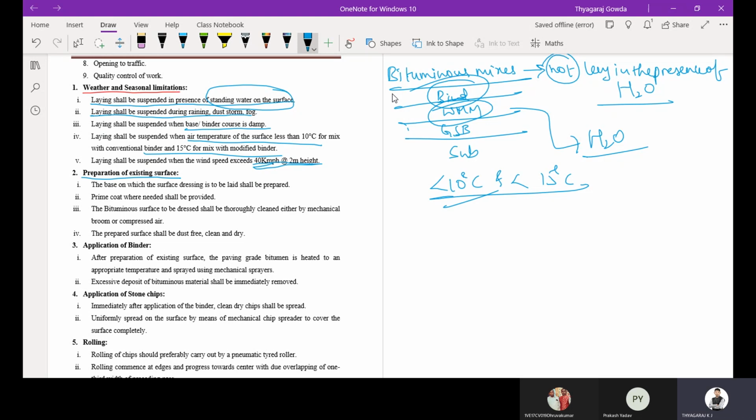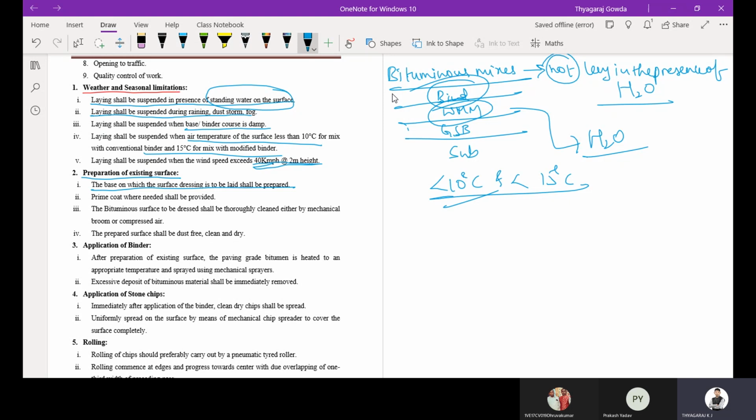Okay. So next is the preparation of existing surface. The base on which a surface dressing is to be laid shall be prepared cleanly.